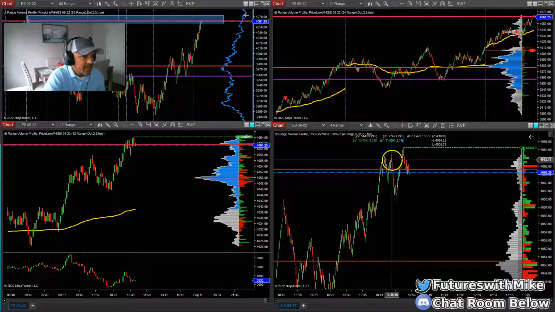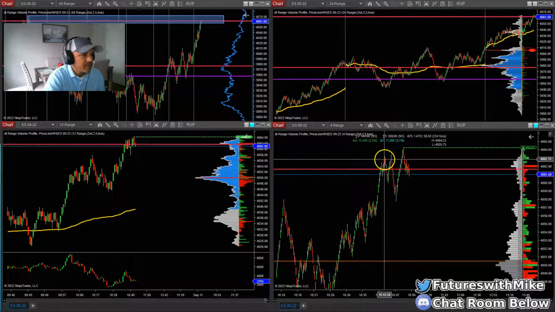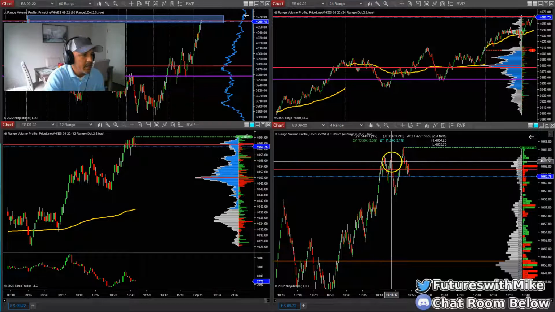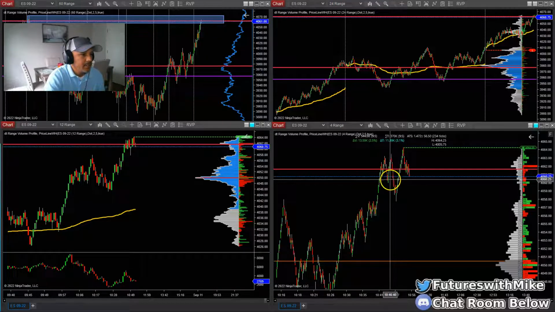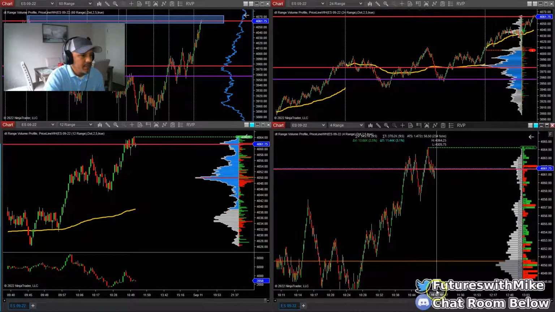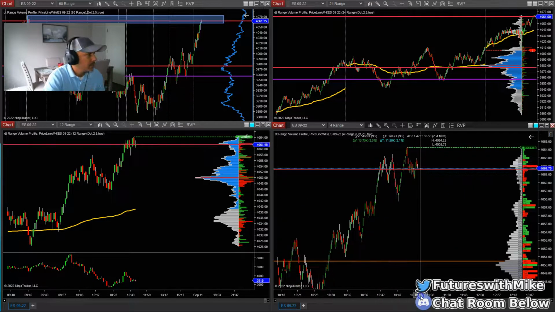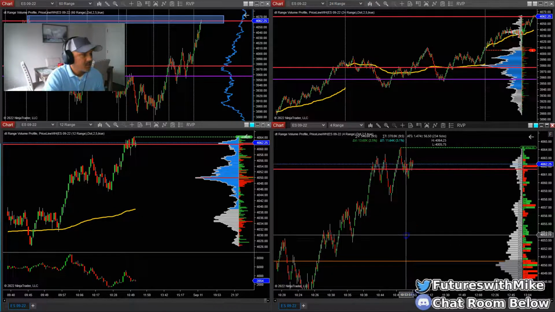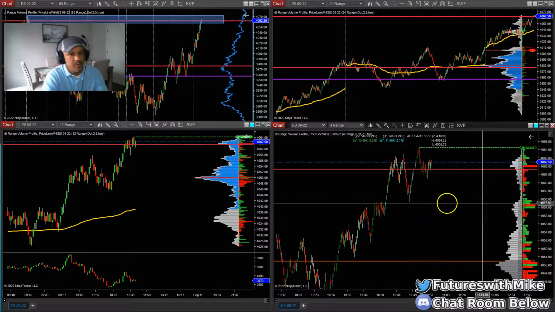There was a quick little scalp right here when price rejected the first time and pushed down. On the pullback right here, you went short. You could take it down, taking it short, but I missed that entry. I was probably discussing some things or talking, but it's okay. We just wait.